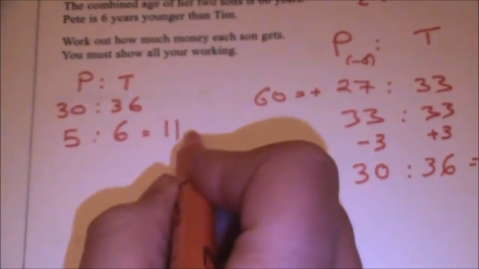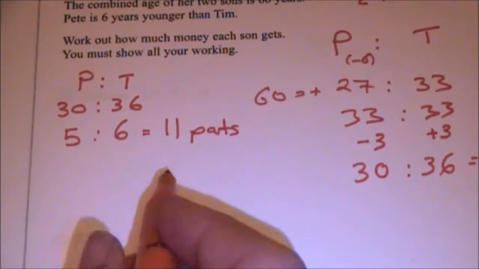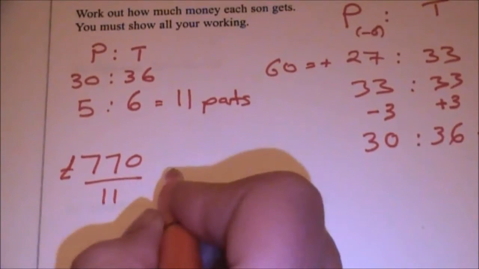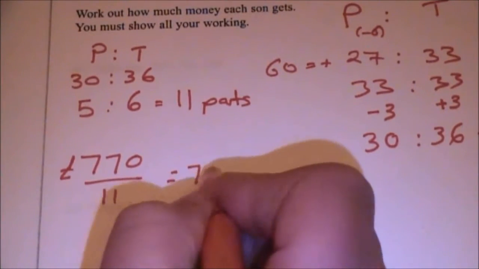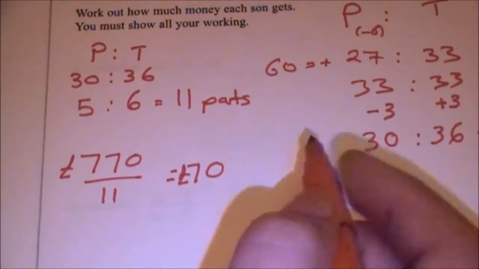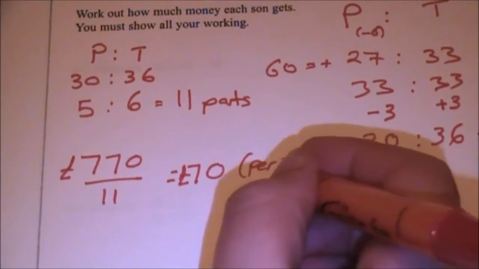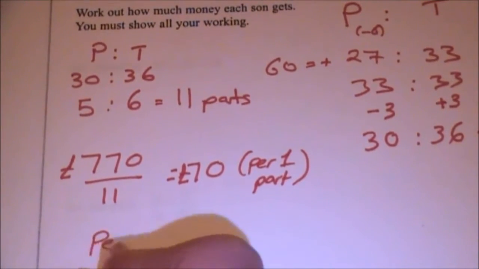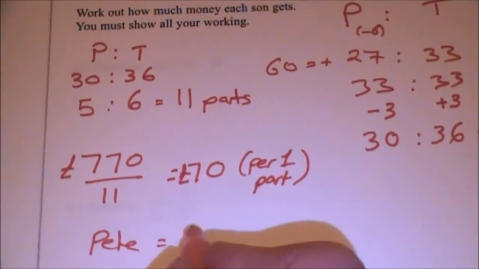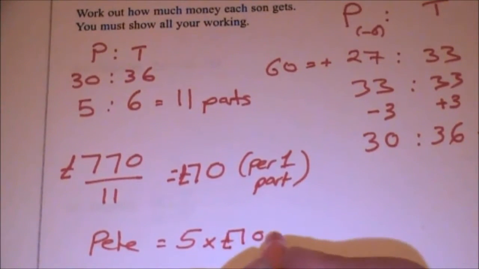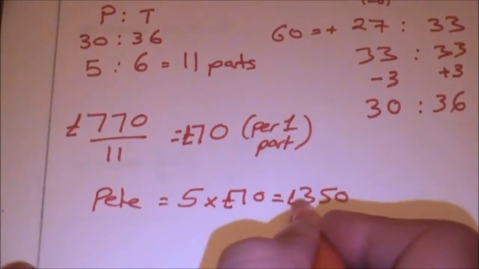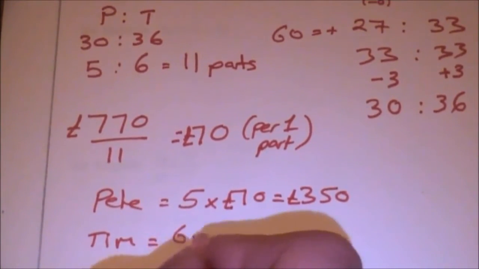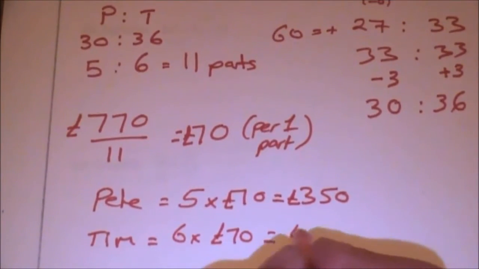I've got 11 parts in total, and into that 11 parts I've got to share £770. So it is 770 divided by the 11 parts equals 70, and that's money, so it's £70 per 1 part. Now let's think of Pete again. Pete had 5 parts, so Pete has got 5 lots of £70. So Pete has £350. Now Tim has 6 lots of £70, so he has